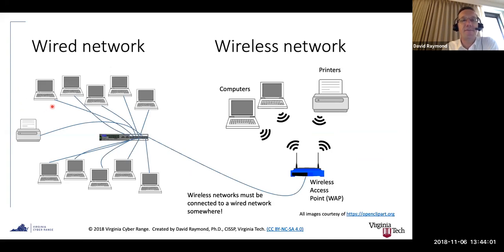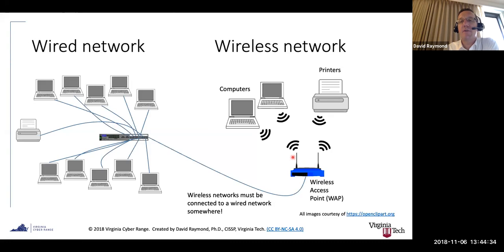Obviously, a wired network has a bunch of wires. So here I have that 24-port switch. Here I have a bunch of computers, and they're connected by wires to the 24-port switch. And then you have the printer that comes in, and then you have another. These systems could now all communicate with each other and with the printer. And then if they want to get connected to the internet, there needs to be a wire out to something else that will get them to the internet. This particular picture does not show any connection to the internet. It simply shows a wired network that is connected to a wireless network.